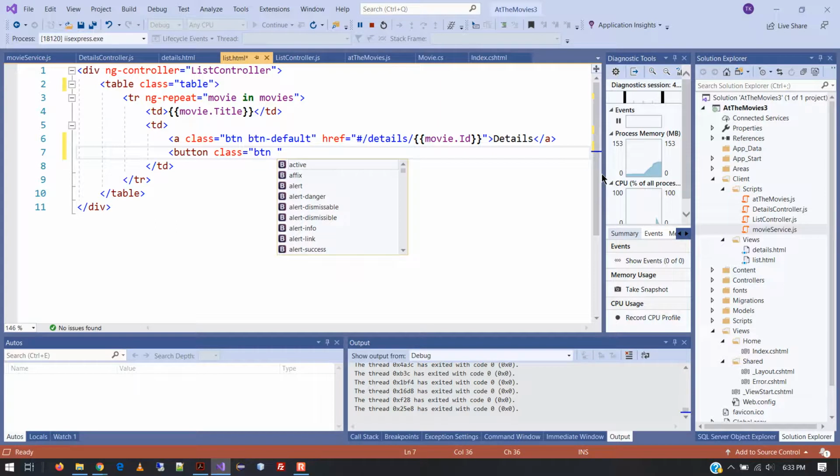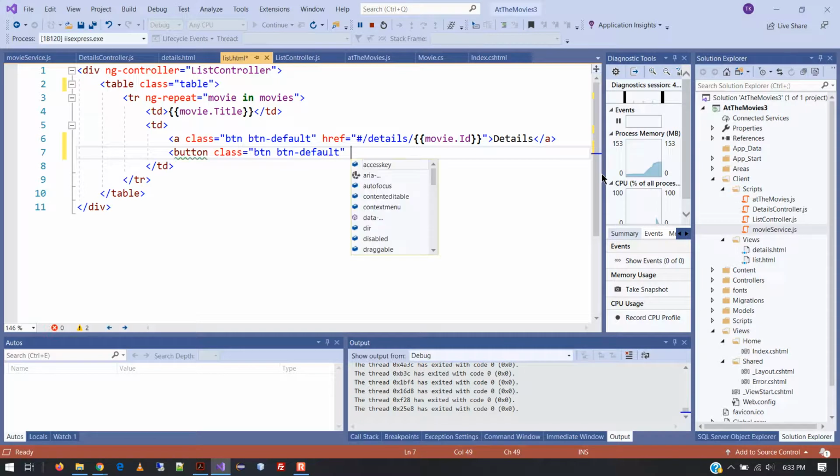And then once again, it's going to get the button default class added to it. And then it's going to get an Angular directive. And notice, this is kind of neat. So you notice how when I typed in the ng, all of a sudden it's pulling up all the Angular tools automatically, and it's pulling them up from its own repositories, like JavaScript and CSS files. And we're looking for one called ng-click, which is just out of view here, but I'm just going to type